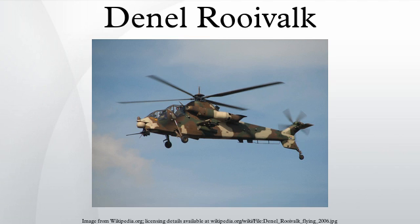Specifications. General characteristics: crew, 2; length, 18.73 meters; rotor diameter, 15.58 m; height, 5.19 m; disc area, 190.60 m2; empty weight, 5,730 kilograms; loaded weight, 7,500 kilograms; max takeoff weight, 8,750 kilograms; power plant, 2 Turbomeca MK 1K2 turboshafts, 1,420 kilowatts each; internal fuel capacity,